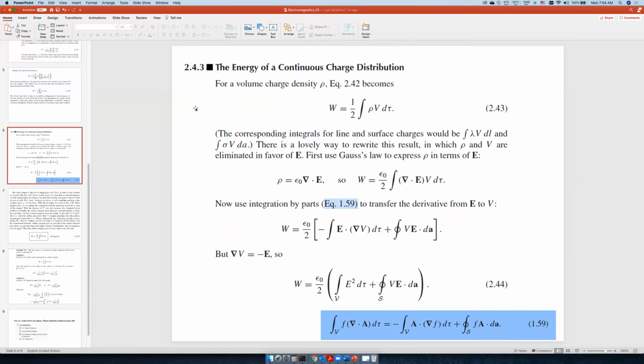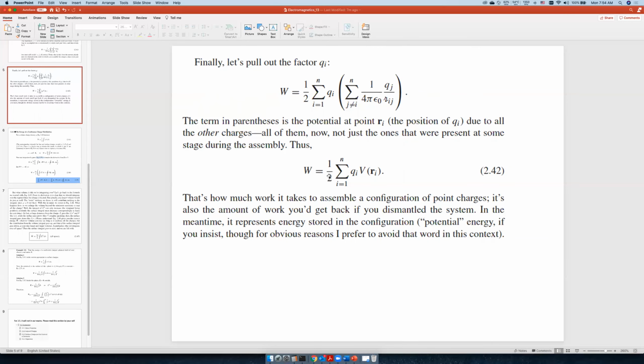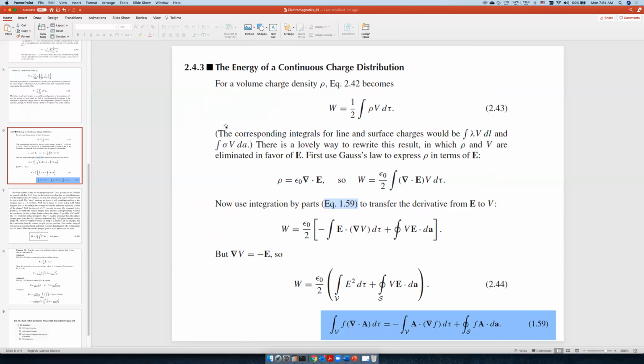Okay, so previously we have fully described the energy you need to assemble point charges. In a more comprehensive case, let's see the continuous charge distribution. If it's not point charges, but instead a continuous charge, what do we need to do? Now, let's see, for a volume charge density rho,